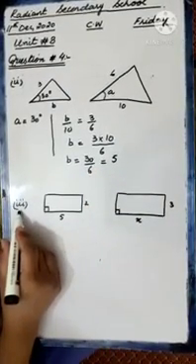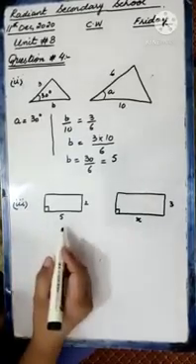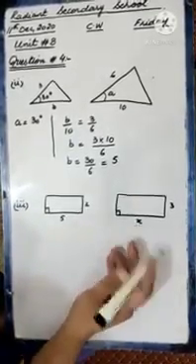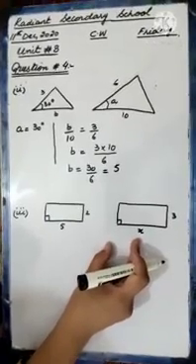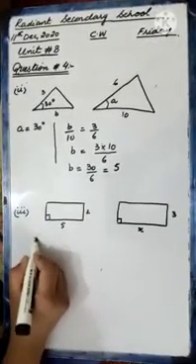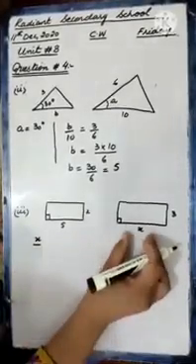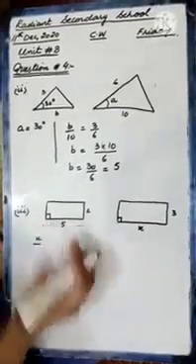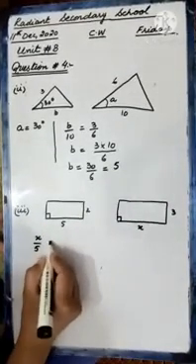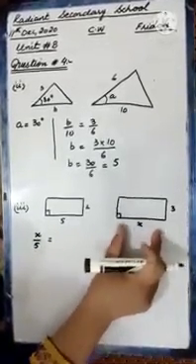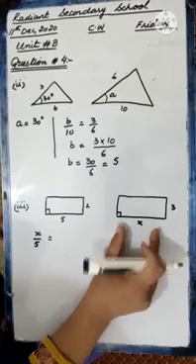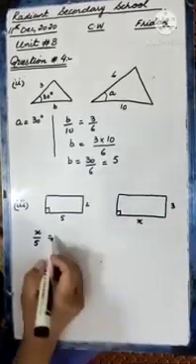Now look at part number 3. In part number 3 again you have to find the value of x. Again this x is in the sides, so you will apply the property of ratio of corresponding sides. So x ratio 5, this x is corresponding to 5, x ratio 5 will be equals to, now I have taken first x of this rectangle. So you have to take 3 now.